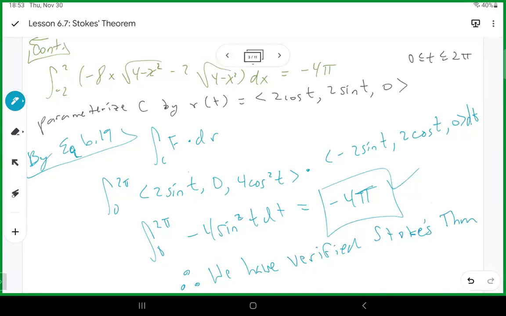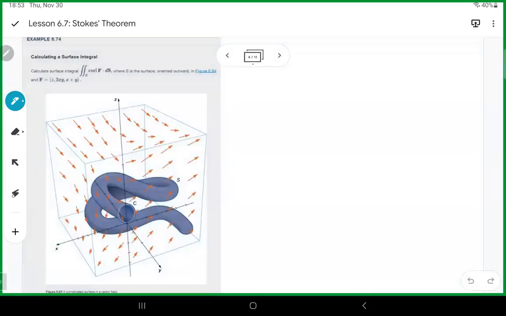Alright. This one says calculating a surface integral. Calculate the surface integral where S is oriented downwards and F is the following. So we're just going to go straight into the solution. So using similar steps as before, the curl of F is 1, 1, 2y. So by Stokes' theorem,